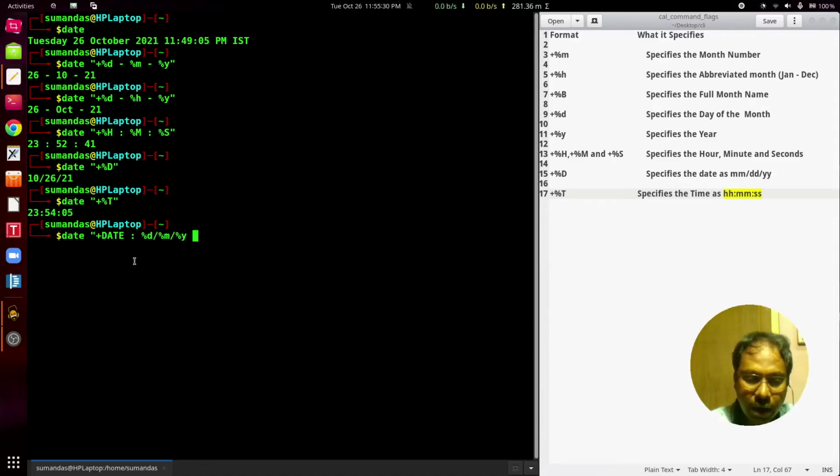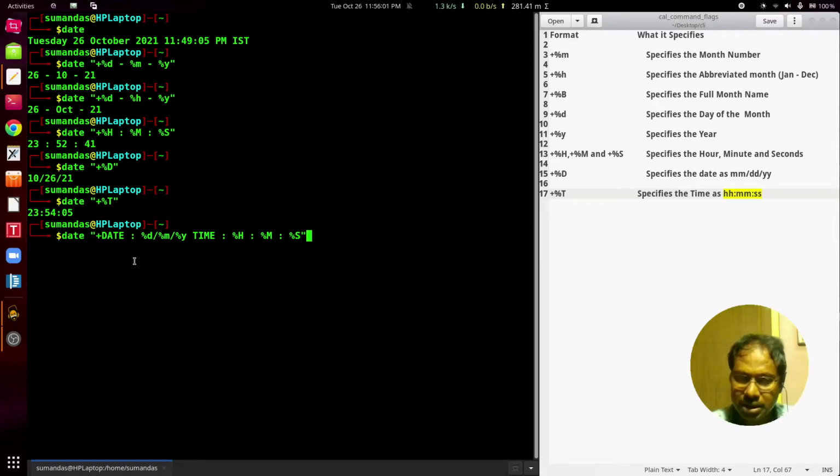Then suppose I want to get the time as percent capital H, then colon, then percent M for minute, then colon and then percent S for second.